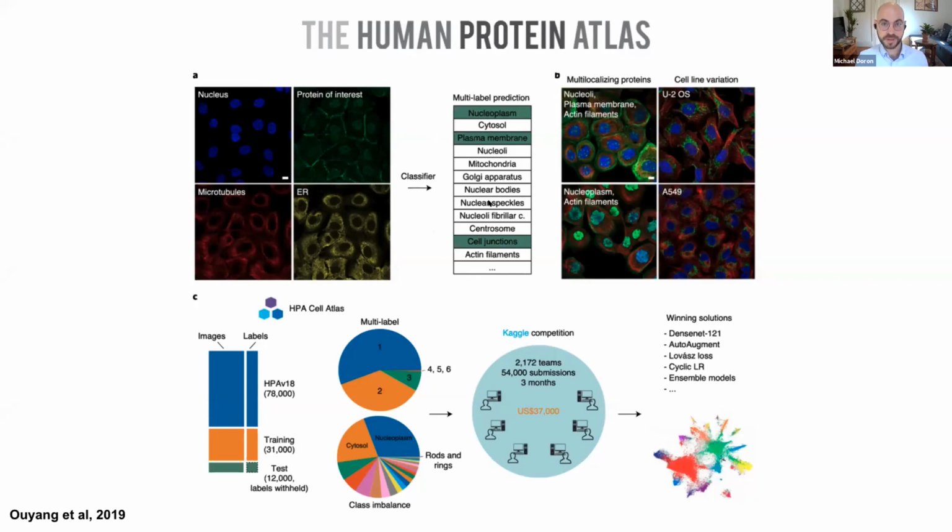This problem is particularly difficult because in almost all of the data, these proteins localize in more than one region in the cell. In addition, this problem has a huge class imbalance, where more than half of the images have proteins that only localize in one of two classes. The rest of the data has proteins that are localized in the other 26 different regions in the cell. Meaning that this is a very difficult problem to solve, and we try to see whether we can solve it